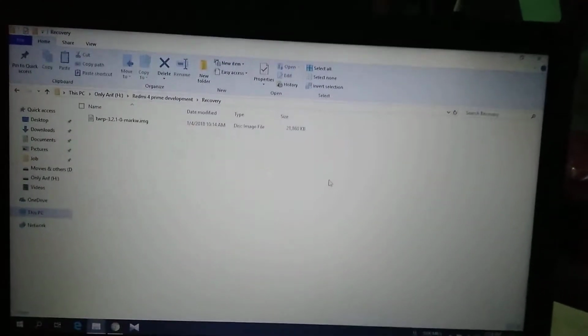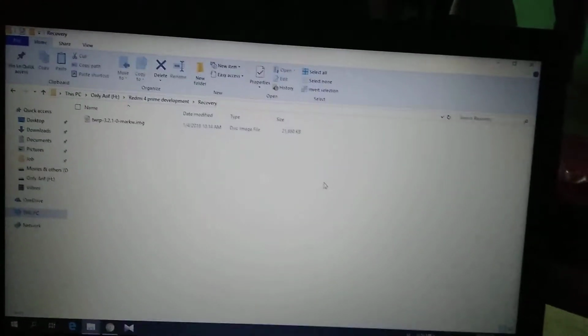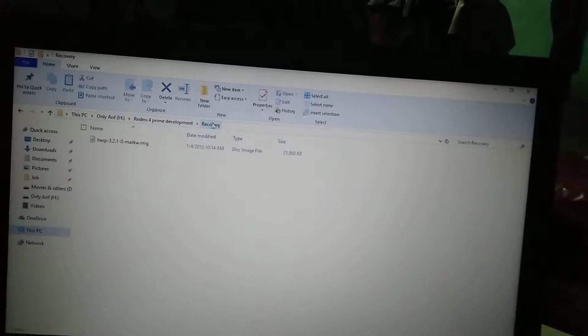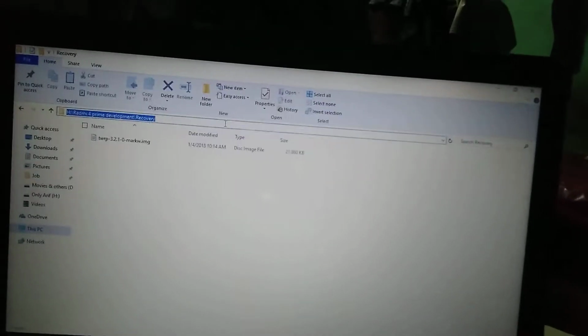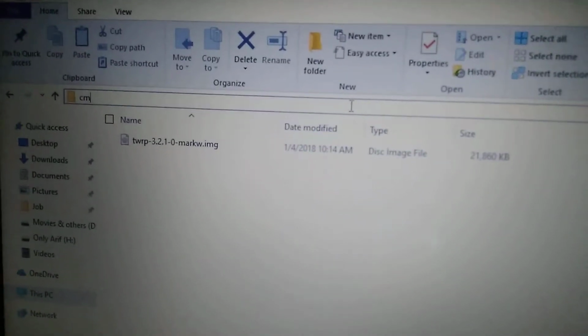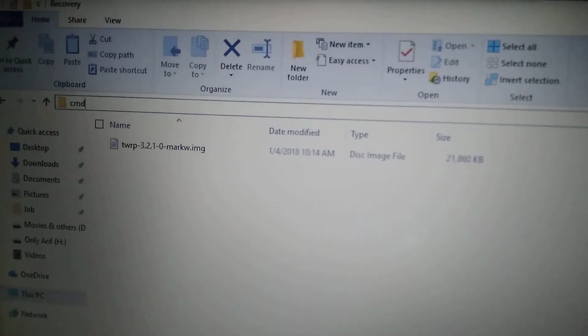If I want to leave that and want to open CMD, there are many methods. Most of them do not work. I am going to show you a simple method. So open the desired folder and go here in the address bar and click here and just write CMD and press enter. This will open, as you can see.